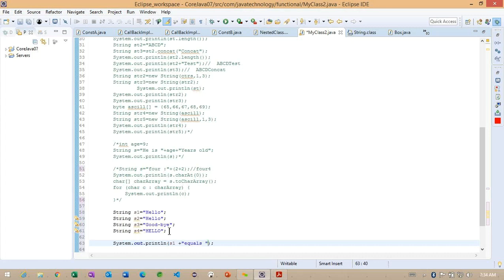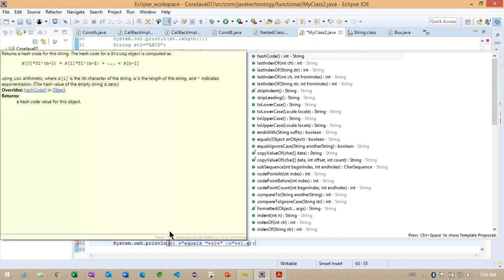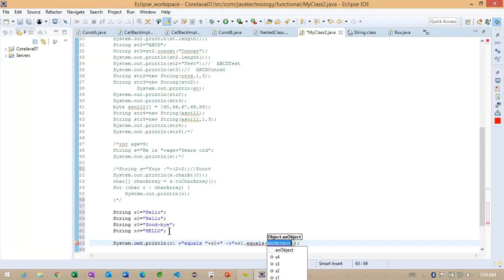s1 plus equals s2, and what I'm doing here, I'm trying to check with s1 dot equals of s2.